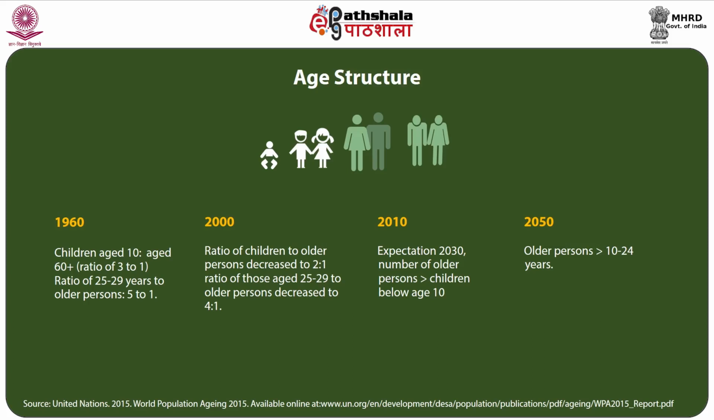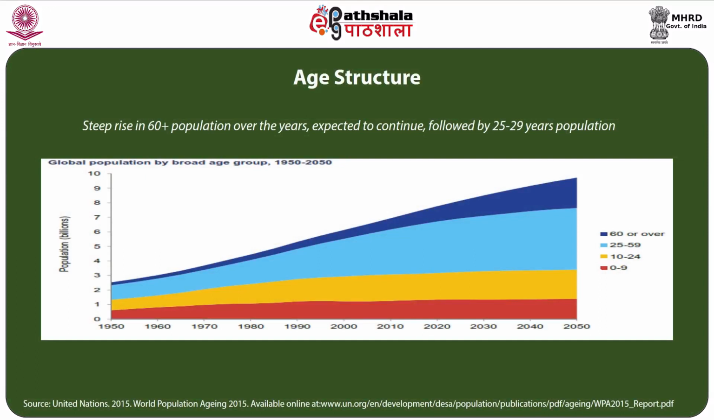What it clearly indicates is that the number of older persons is increasing compared to the children below the age group of 10 years. And furthermore, it is expected to increase further. If we look at the data related to different broad age groups, for instance, below 9 years, 10 to 24 years, 25 to 59 years, and above 60 years, these different age groups over a period of time clearly indicate